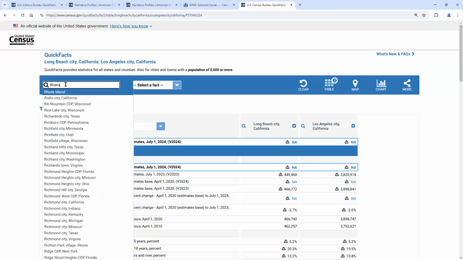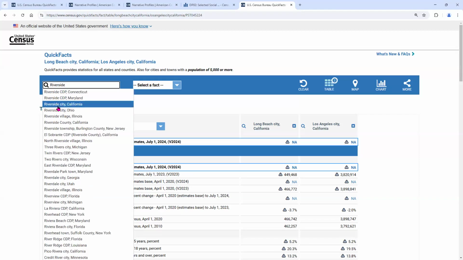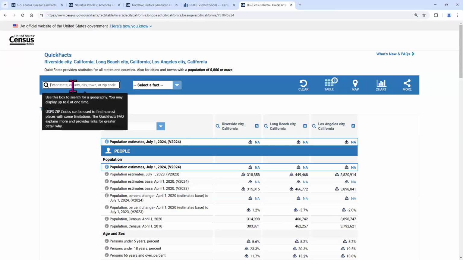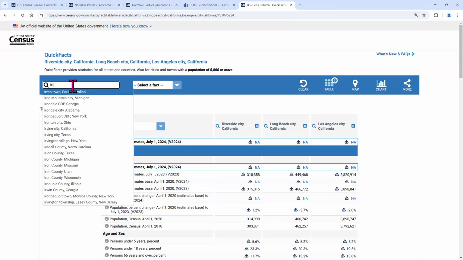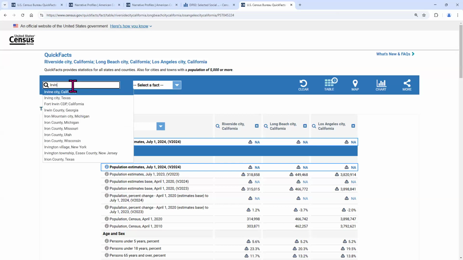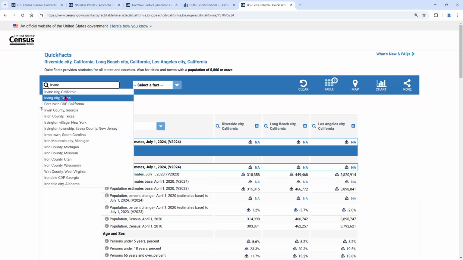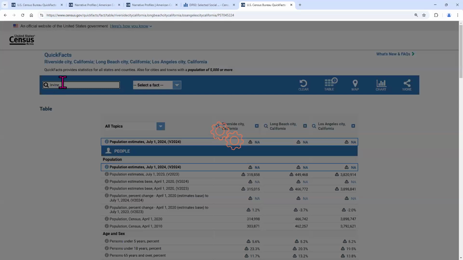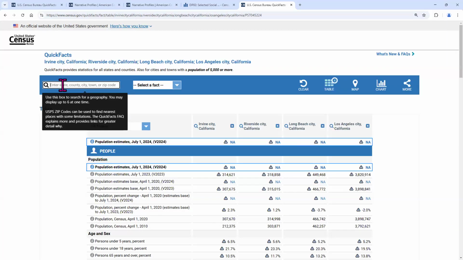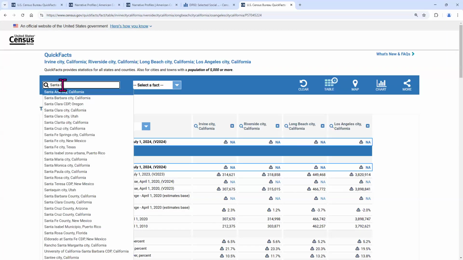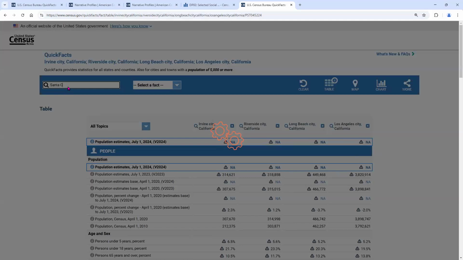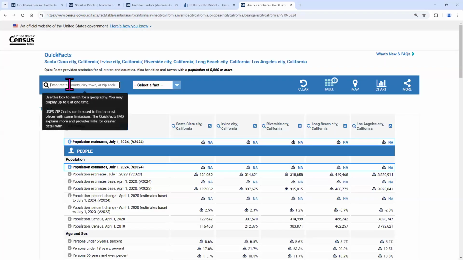Riverside City is what we'll put here, and then we'll also put in Irvine. You can notice that these are actually among the top populous cities in the region. So Irvine, California, and we'll add in Santa Clarita. And lastly, we'll put in San Bernardino.